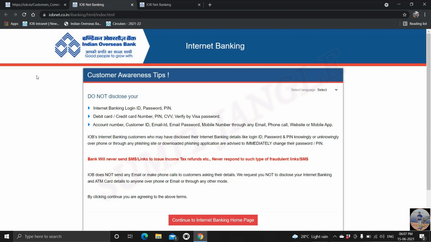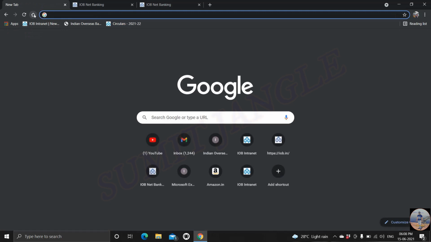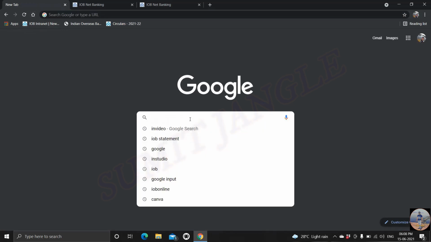If you find this process tedious, you do not want to go to iob.in, then to customer section, then to digital banking, then to internet banking, then there is one simple way. We all know Google, right? So let us first go to Google. Here it is.